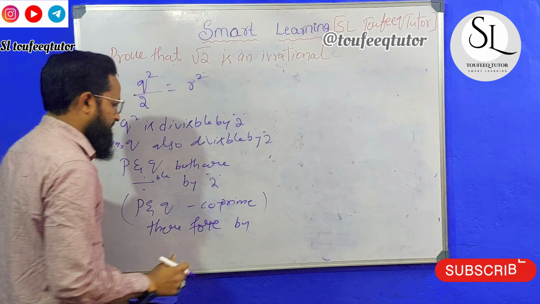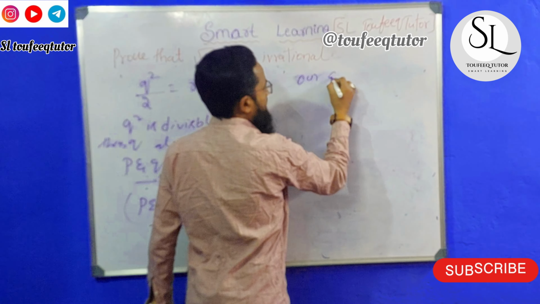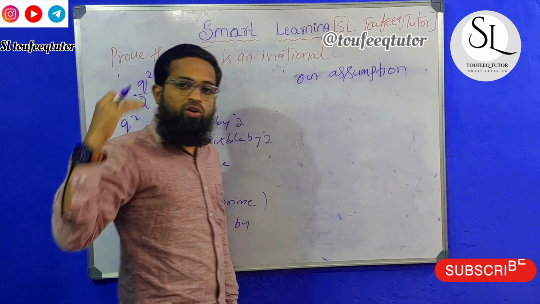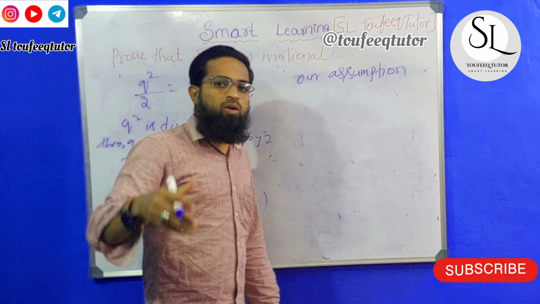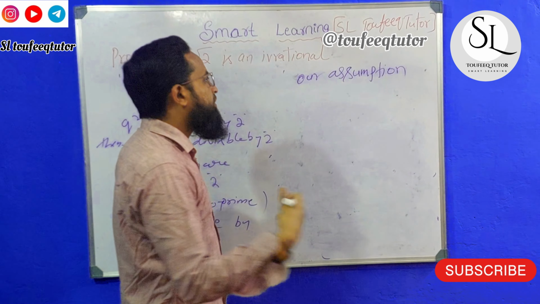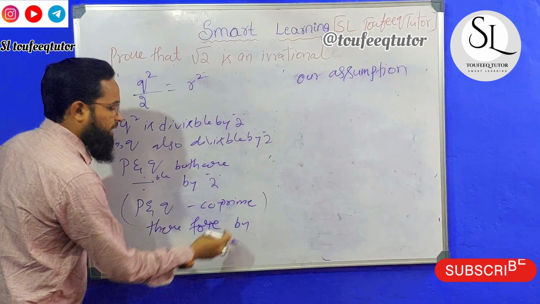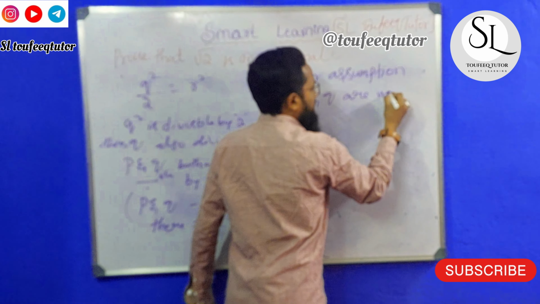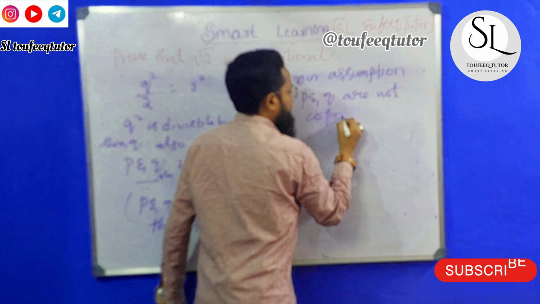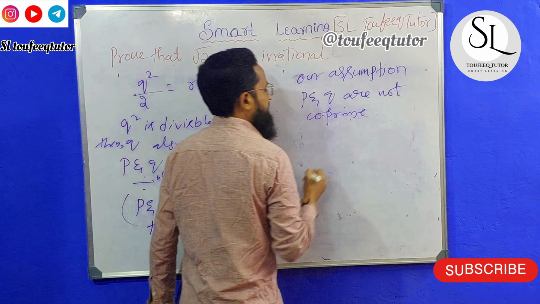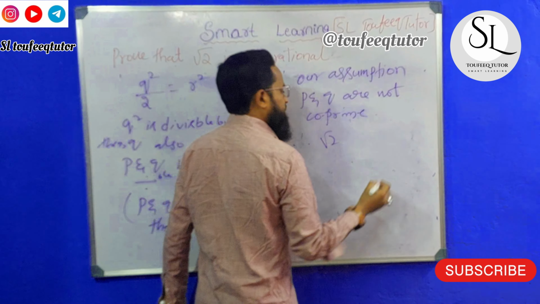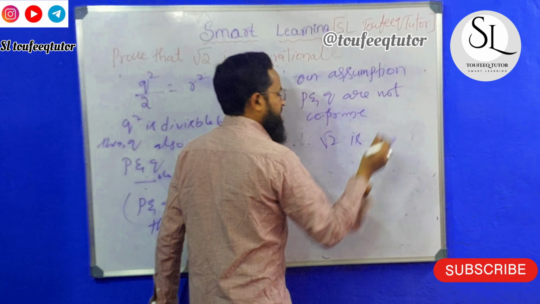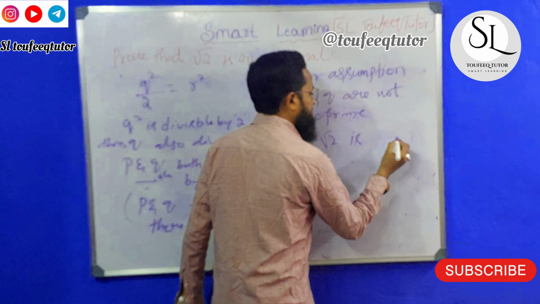What did we think? The numbers are co-prime. They are wrong. So therefore by our assumption P and Q are not co-prime. Therefore root 2 by contradiction is